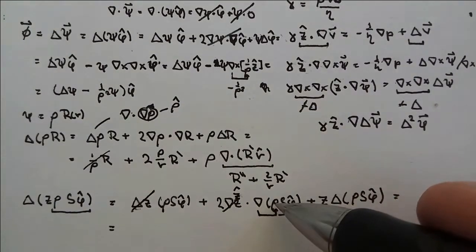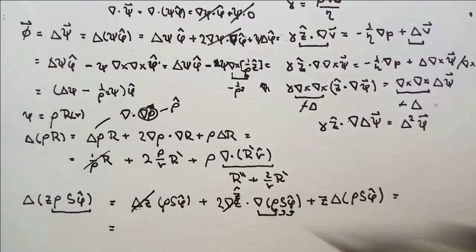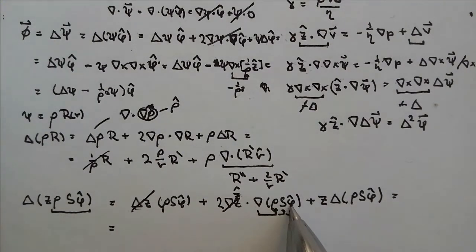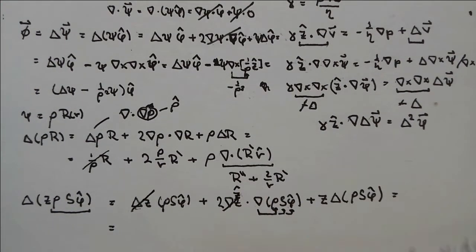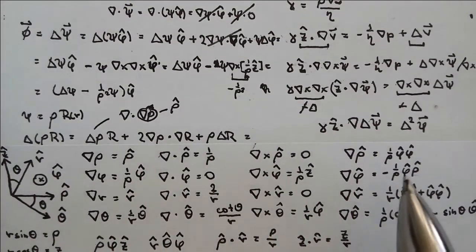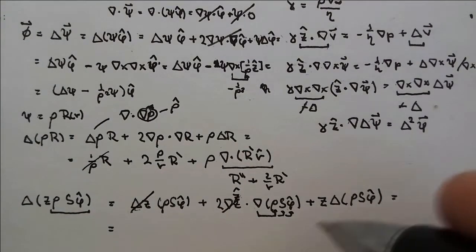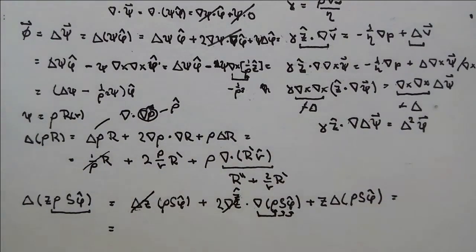When it operates on this, the term rho hat will pop up, and it will be killed by z, because they are perpendicular in coordinates. And the second thing which will be killed is the gradient of phi. Why? Because again, gradient of phi is proportional to phi hat times another vector field. We don't care about it, and so it's also perpendicular to z, so this is going to be 0. So the only thing which will survive is the gradient applied on s, which is going to be